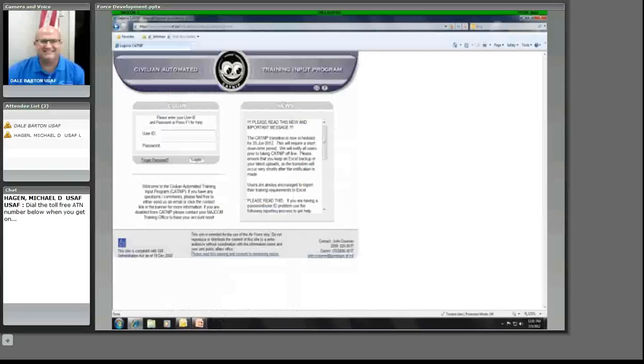And that's when we data collect from all the units at the base to get their civilian training requirements for the next year. And then from this is where we develop our annual installation training plan that is forwarded to the wing commander or your installation commander for their approval prior to the execution here. You're also required to send up the actual execution plan, and from your annual installation training plan that has all your information out of CATNIP is one of the means by which I create that as well